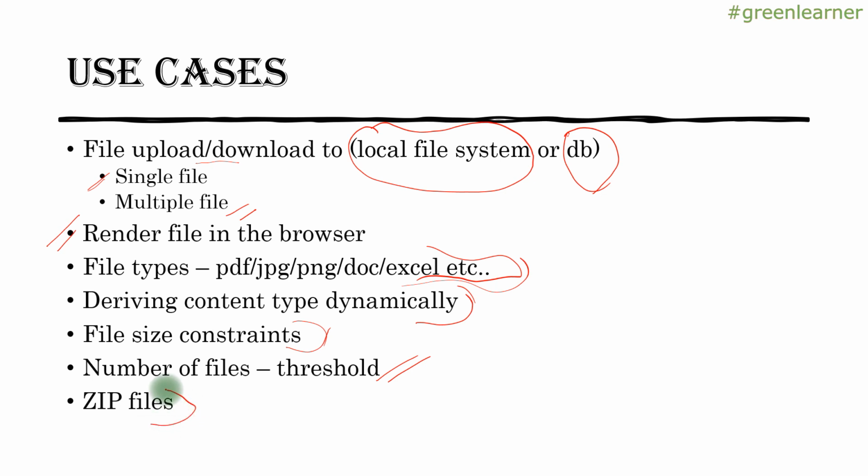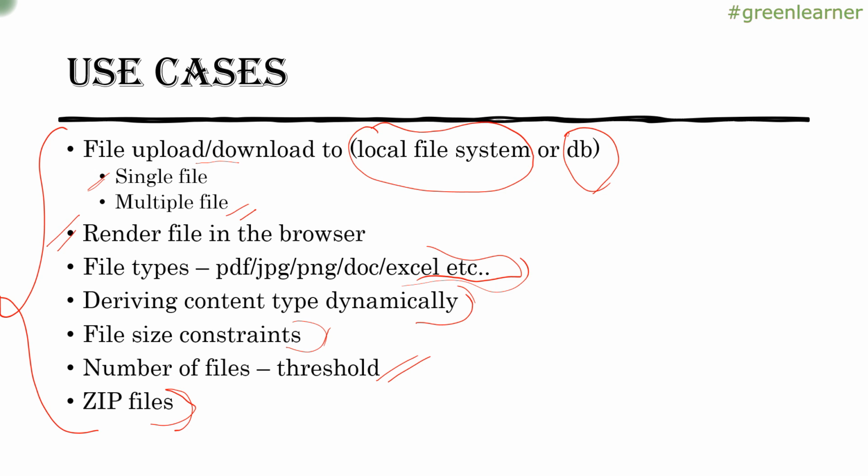And when you are downloading files, when you have selected multiple files, there is one option where each file gets downloaded individually, and there is another option where the system zips all those files into one folder and downloads it into your system. So how to do that? All of these use cases I'm going to cover. If you already know about this, there is no need to proceed, you can just skip it.